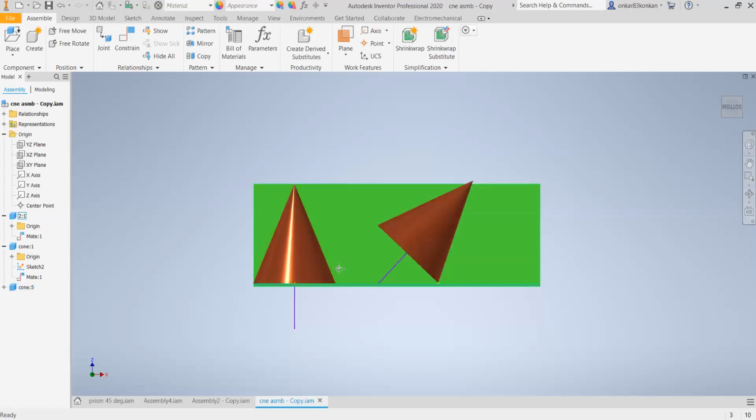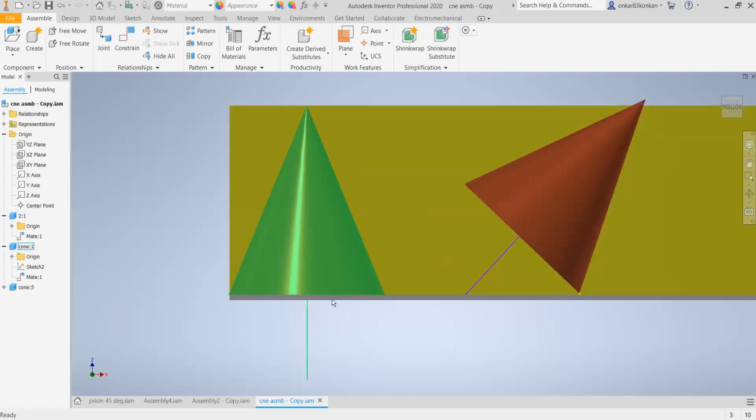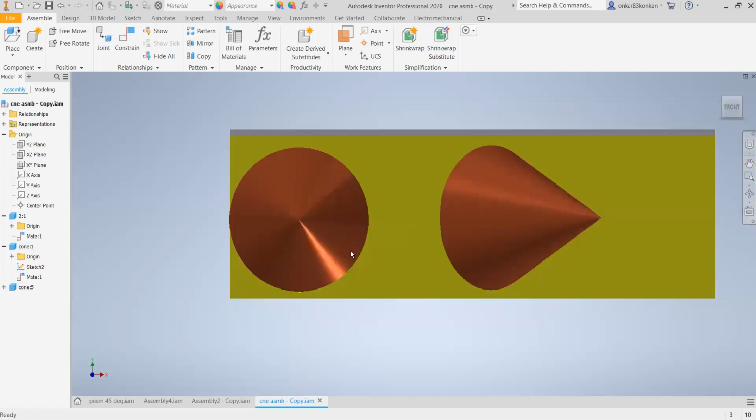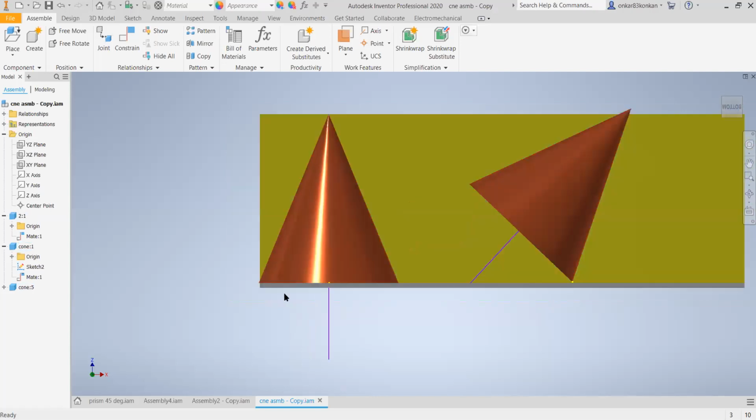So here you can observe the exact position of that cone. In the first stage, we should assume the base circle of the cone is exactly on the HP and its axis is exactly perpendicular. If you observe in the top view, you can observe the circle with the given base diameter, that is 40 mm. In the front view, you can observe one triangle. For this triangle, the height is equal to the axis height, that is 60 mm.